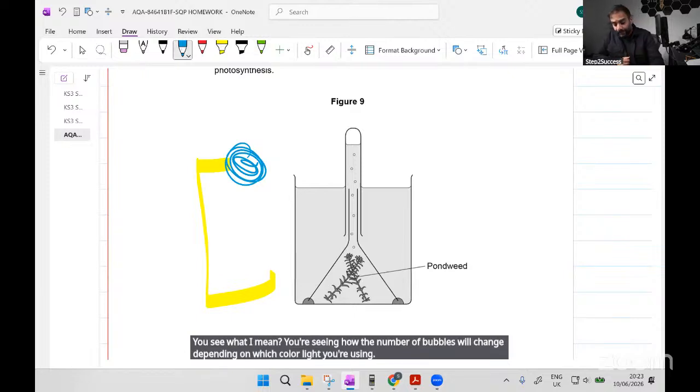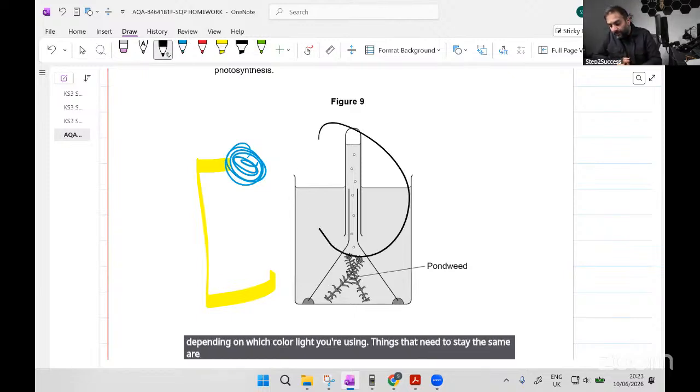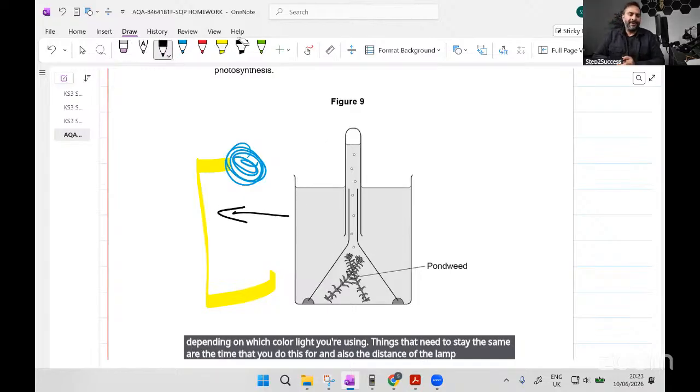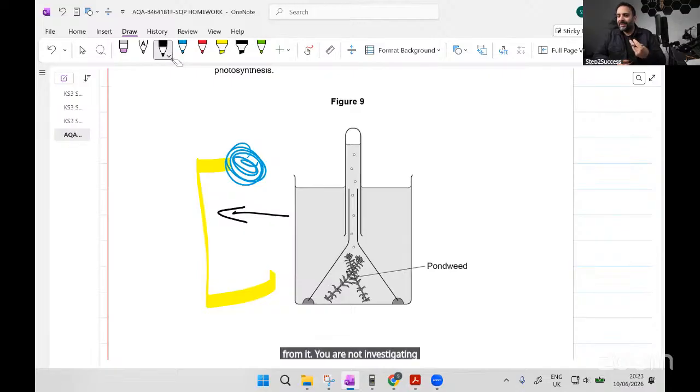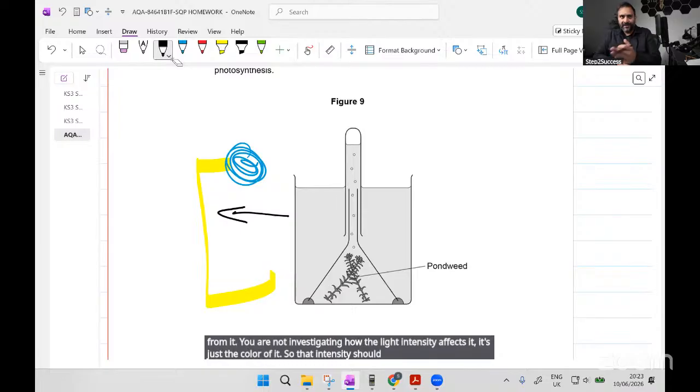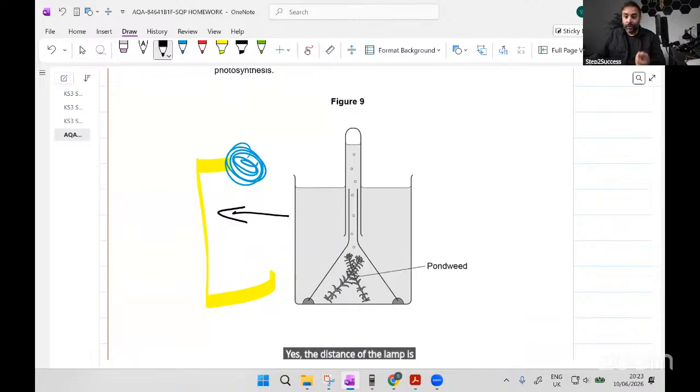Things that need to stay the same are the time that you do this for and also the distance of the lamp from it. You are not investigating how the light intensity affects it, it's just the color of it. So that intensity should stay the same. So you don't want to change the distance of the lamp. That's another thing you would control. Yes, the distance of the lamp is something you should control, as in it shouldn't change,